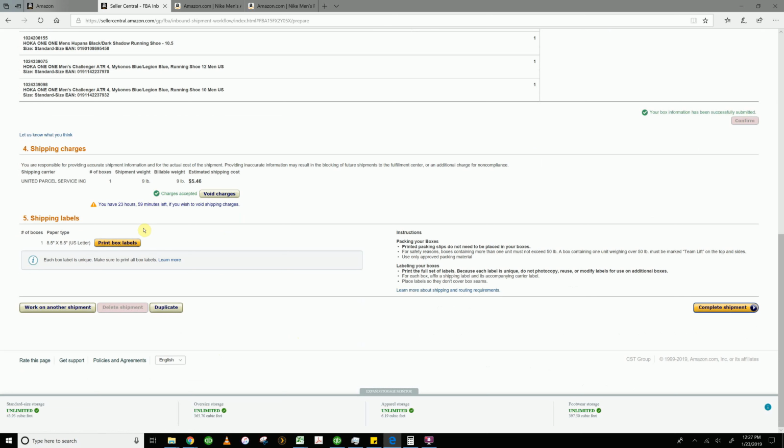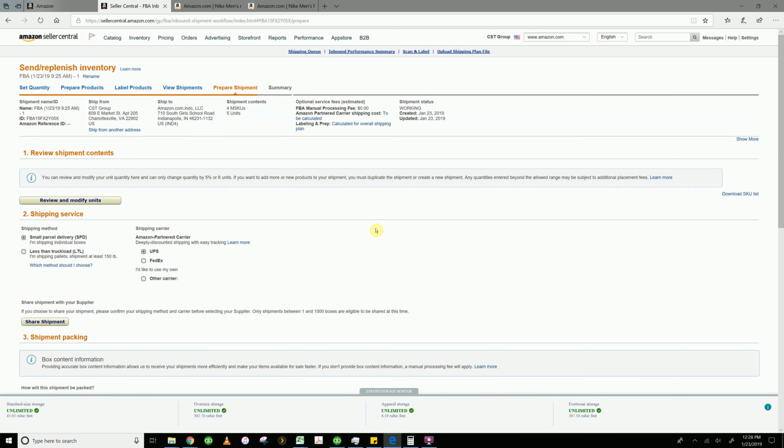This automatically generates your box labels. From here, all you have to do is print your box labels. Make sure you use one of the labels that I sent you a link to be able to purchase those. Print it right on there and slap it on your box, tape it up securely, and you're good. From there, you click complete shipment, and then you're done. You're able to go back to your ship